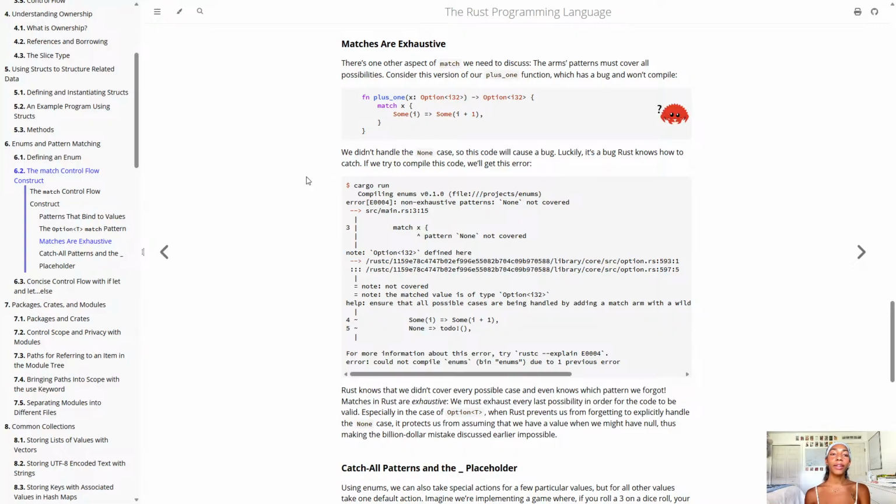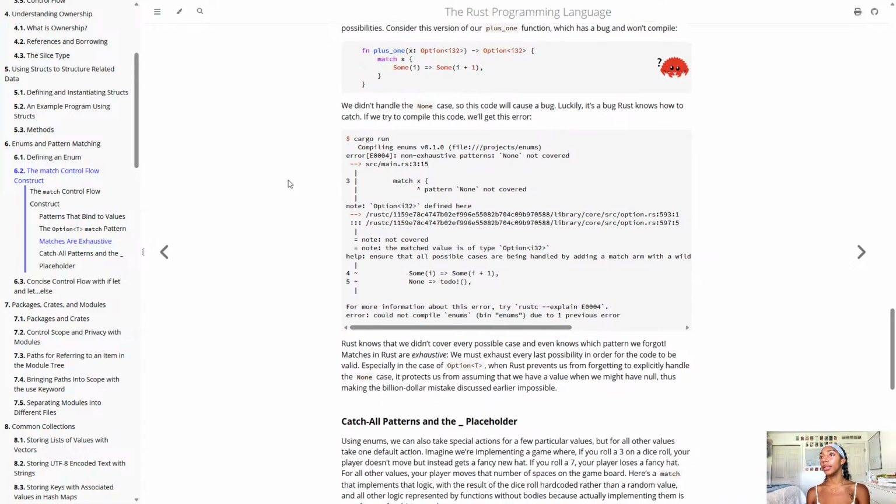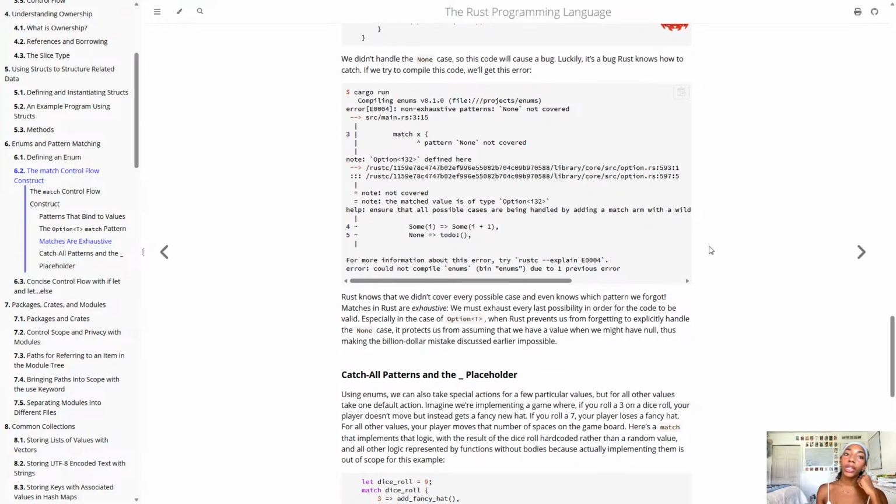So when you're matching on an option, or on anything, you have to have a Some and a None in every single instance, because that None is exhausting all possible possibilities. Now, luckily, it's a bug, and Rust knows how to catch it if we try to compile this code. It will always tell you if it's having an issue, and it will give you some sort of solution